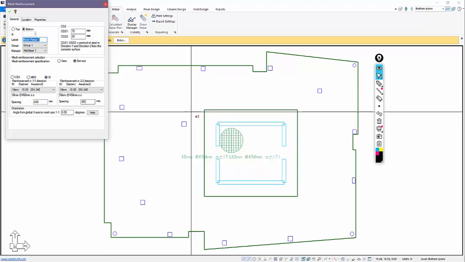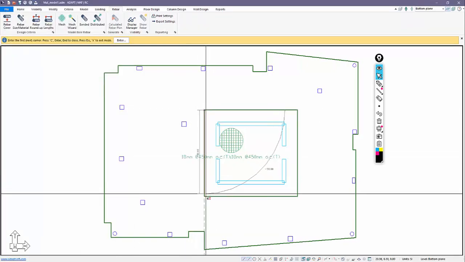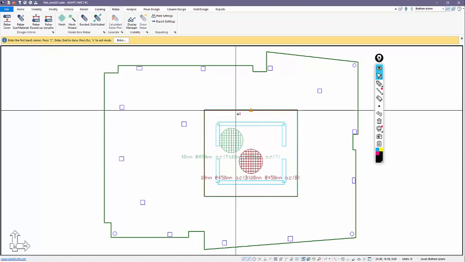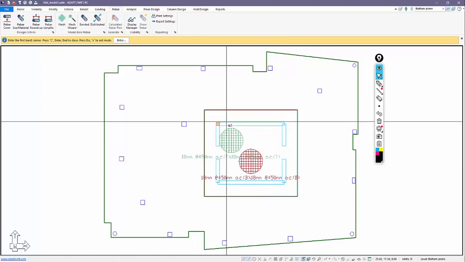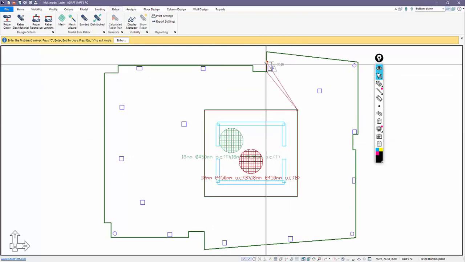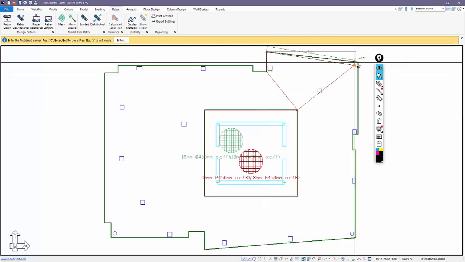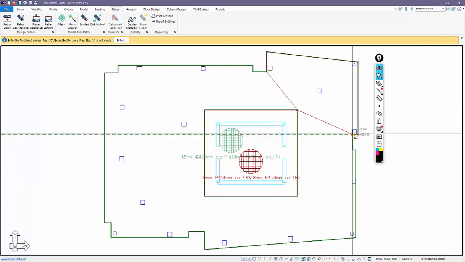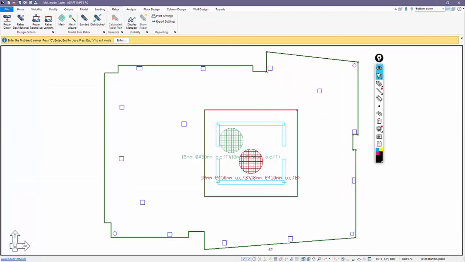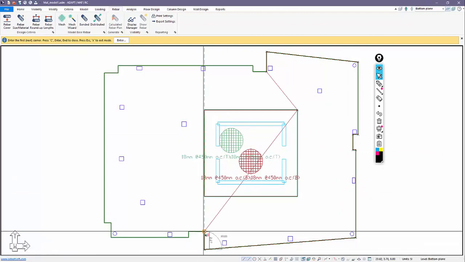Okay, and then we're going to go ahead and we're going to first create a region here, and that region is now referenced from the bottom of that slab. And then I'll also create another region like so. I'm just basically following the points on this slab. We're creating just a polygon that represents the mesh reinforcement zone.